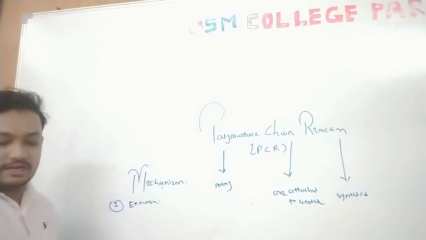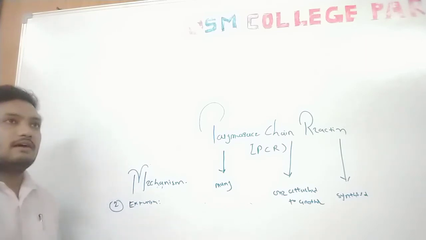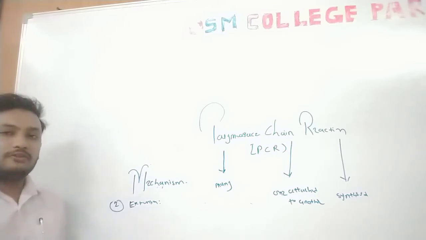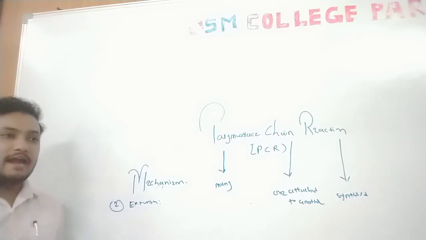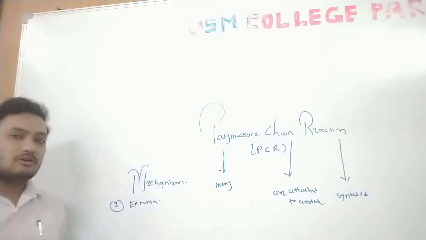In extension we add two complementary primers in the reaction mixture tube. We know about the natural replication process: the two strands are separated by helicase. After this one strand acts as a template, then the next replicating enzyme is primase. That is an RNA primase that adds a small 5 to 15 nucleotide short RNA primer, adding to the template strand complementary to it, then the polymerase interacts with this strand.